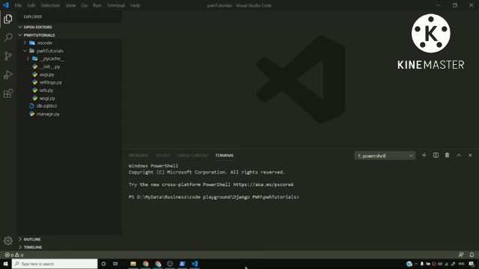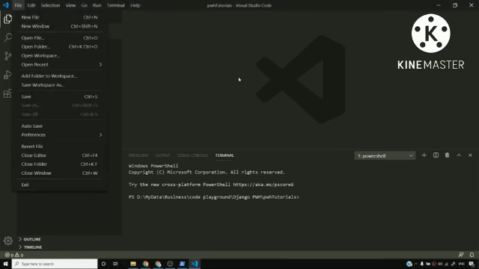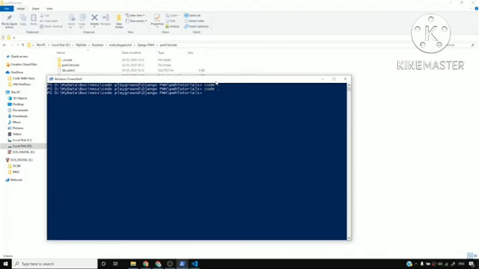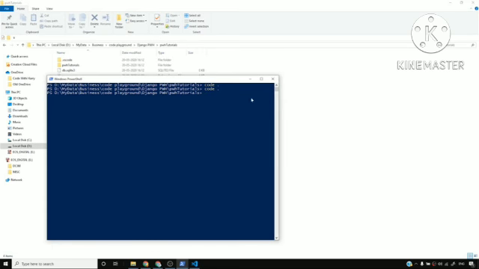So this is how you can open Visual Studio Code. I've shown you 3 ways. One of them was right click, open with code. The second way was File, Open Folder. The third way was open terminal anywhere and just type code dot. Your Visual Studio Code will be open taking that folder into account. So I hope this is clear and we are moving into